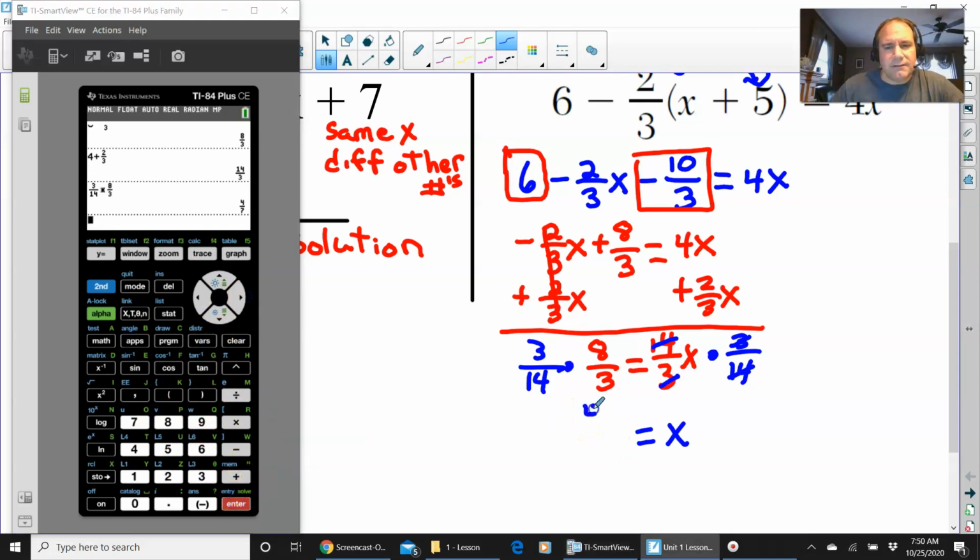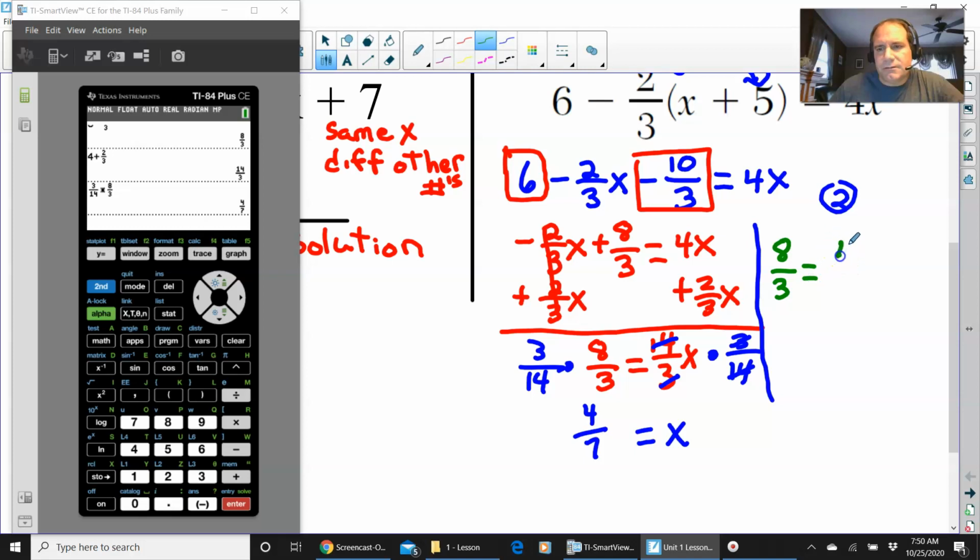And that is your final answer, 4/7. All right, I'm just going to put a line right here, and I'm going to put 8/3. This is the second method. I'm going to put this in green. So if you have 8/3